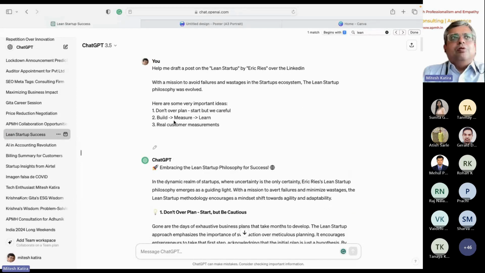एक बात ध्यान में रखिए, if you are using free ChatGPT, you will be able to only go up to 5 to 8 prompts, जब तक जीपीटी आपकी बातों को याद रख के एक सीक्वेंस में डेवलप करेगा. लेकिन आप अगर पेड जीपीटी पे हैं तो 10, 12, 15 तक वो कंटिन्यूटी देता है। तो मैंने इतना ही कहा, हेल्प मी ड्राफ्ट लीन स्टार्टअप बाय एरिक रीज ओवर लिंक्डइन।